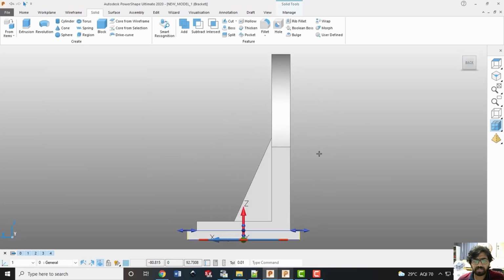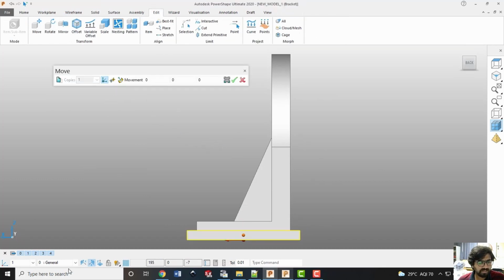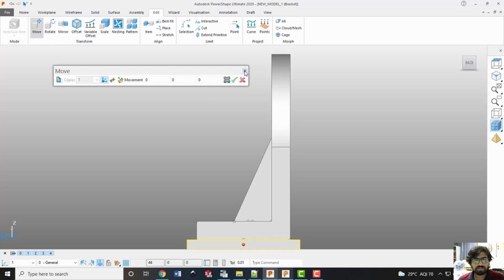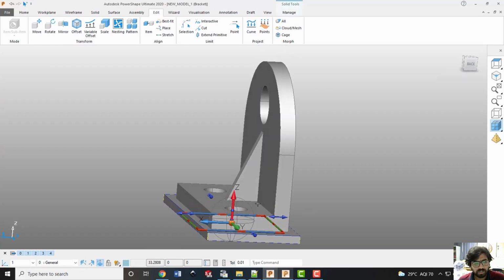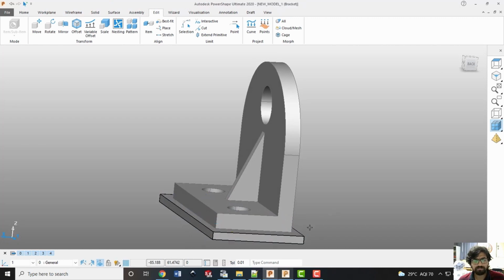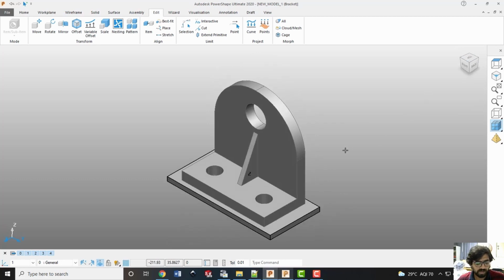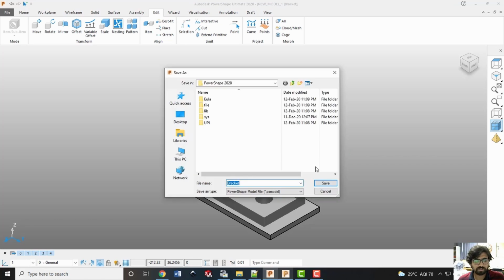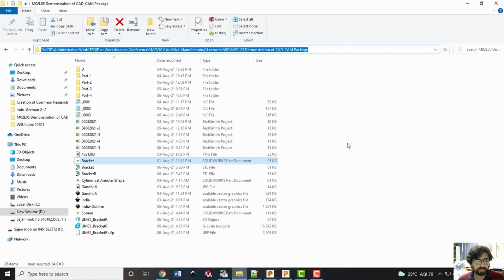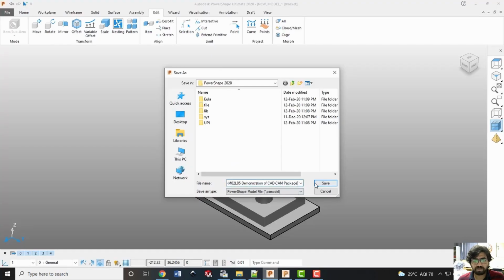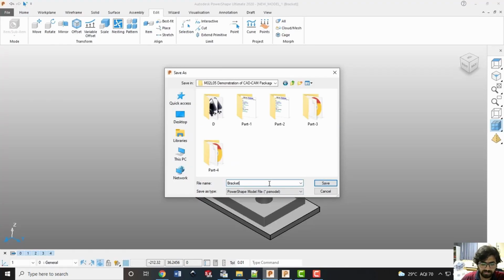So we'll do that. We'll again select this object and go to edit and move this part in the Z direction by 10 mm. And as it's minus, I'll write minus here. So as you can see now, the substrate has moved. Now on top of it, I'm going to build the part. So both the objects are ready. Now I'll save this part as a .ps model, that is the conventional file format for PowerShape, and I'll save it in a folder. Let me call it bracket PowerShape. So for that I'm writing ps.